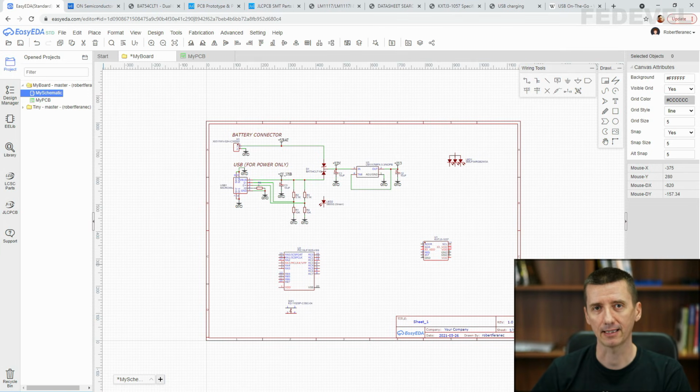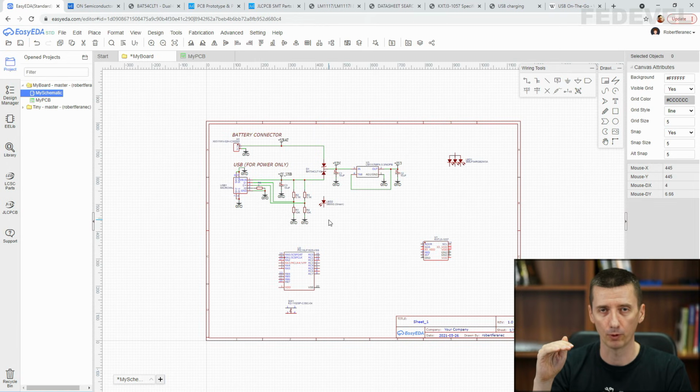When you place an LED into your schematic, then together with the LED, usually you also need to place a resistor, because this resistor will limit the maximum current which will flow through this LED. You cannot flow very high current through an LED because you will damage it. And a little bit later I will show you how you can calculate the minimum value of the resistor which you may need to use with an LED.